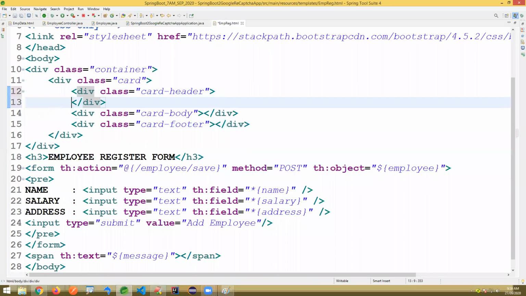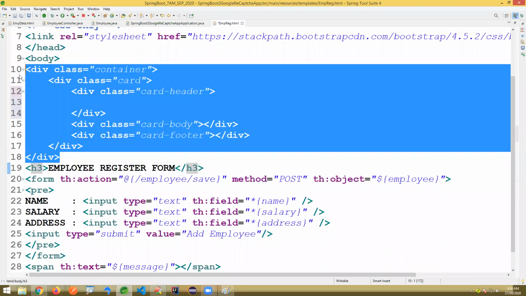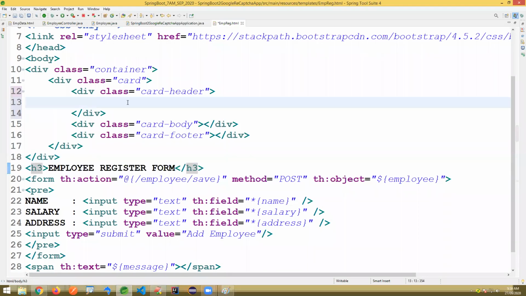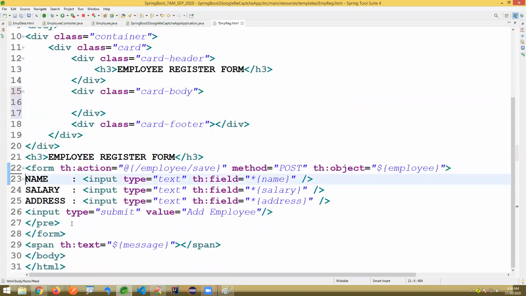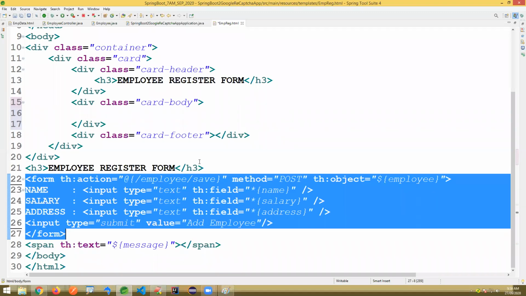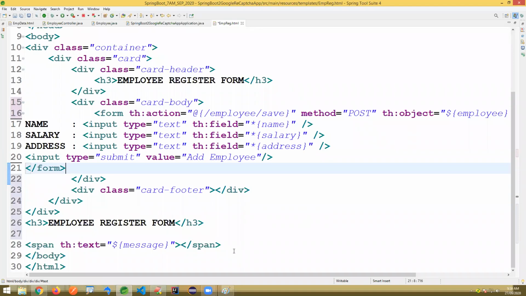Okay, card header, I'm just adding this same section. I'll even repeat a table also. It's a card header. In the card body, I'm just adding the form. And in the card footer, I'm just adding a message.